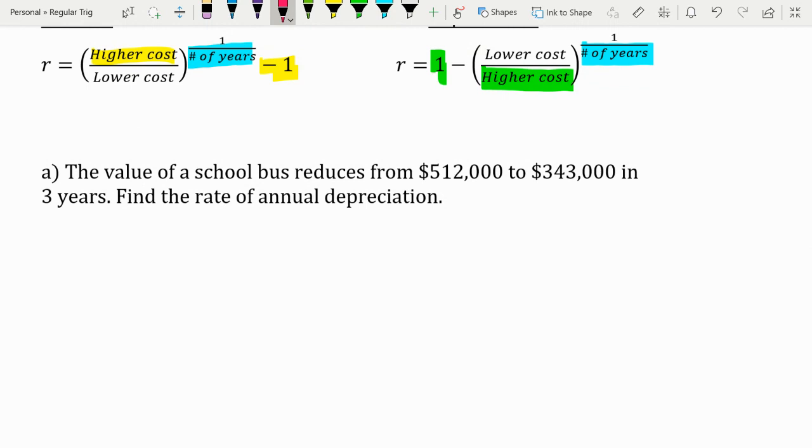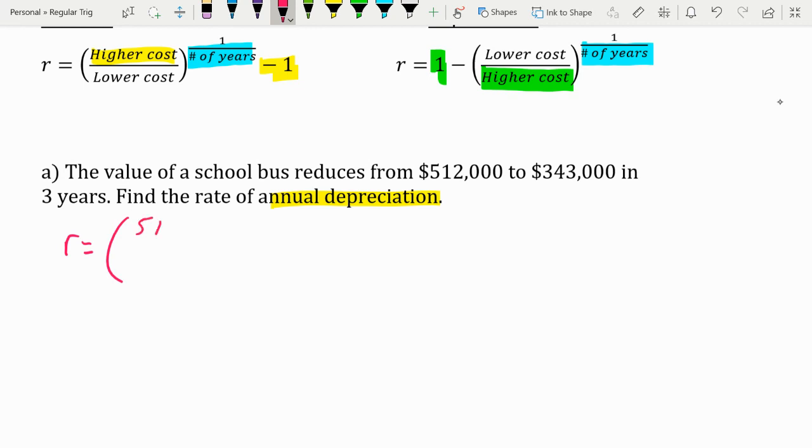The value of a school bus reduces from $512,000 to $343,000 in 3 years. All right, so brand new, it cost 512,000. After 3 years, it's only worth 343,000. All right, so this one is going to be depreciation. All right, so we're looking for the rate. So we're going to say R is equal to,